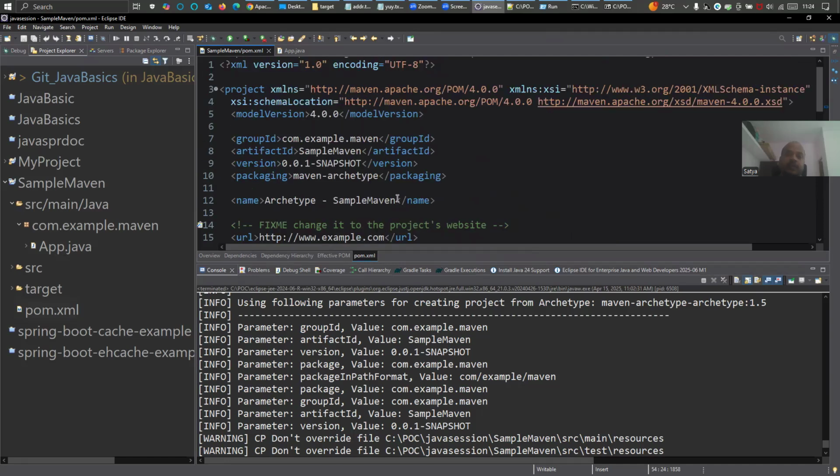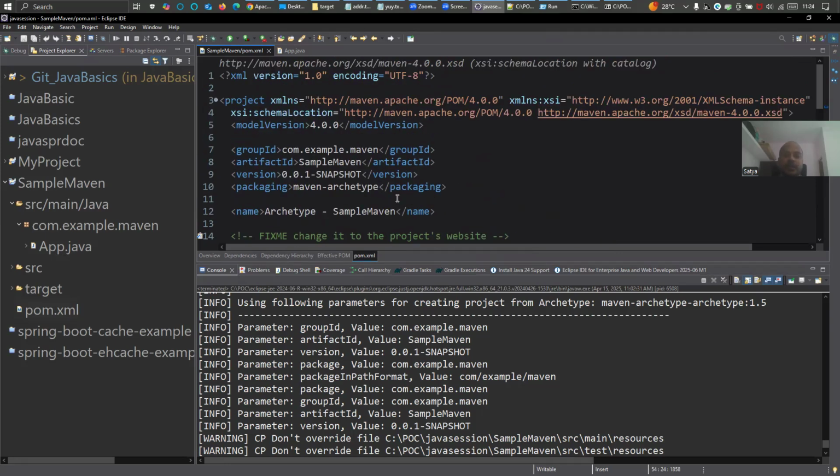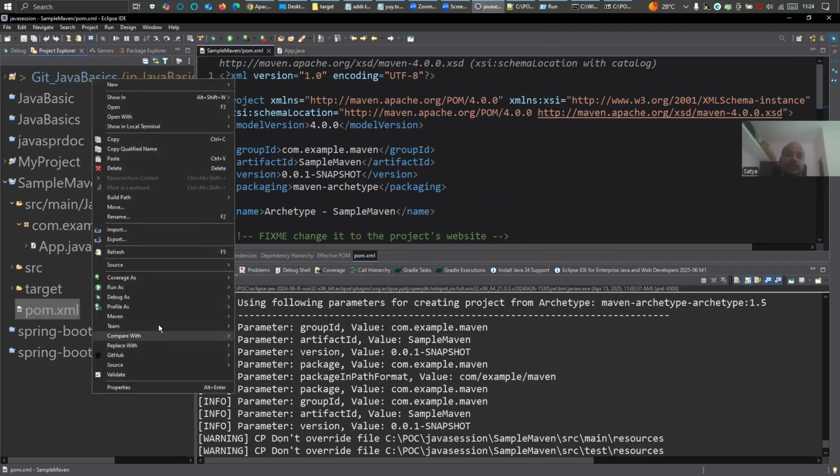It will take some time for editing and doing it, and we will exceed our time limit. For you all, let me create one more project with 1.0 version. This is the first time I created with 1.5, so I have to see what issue, what are missing there, right? So let's create a new project with